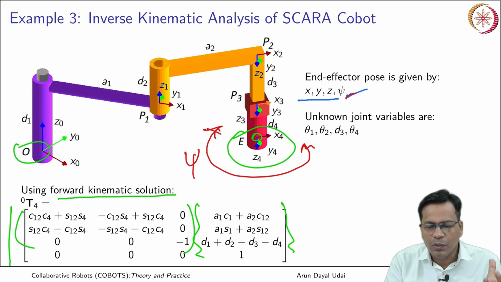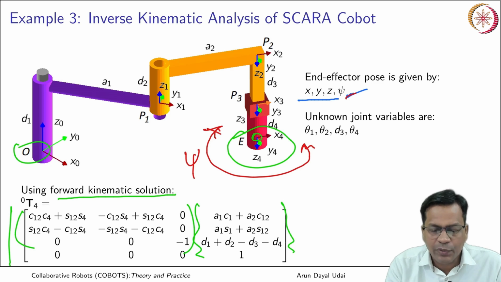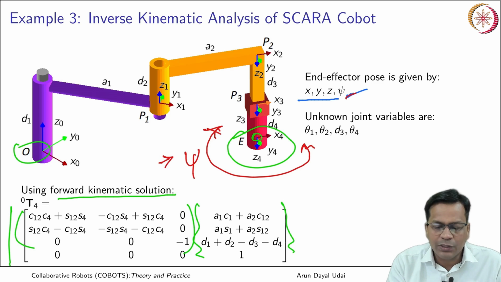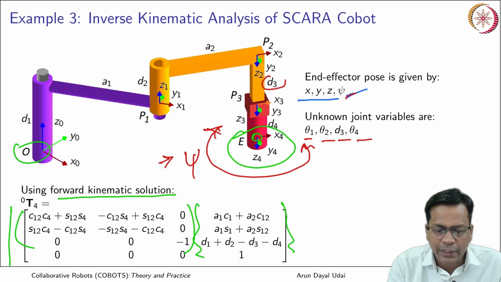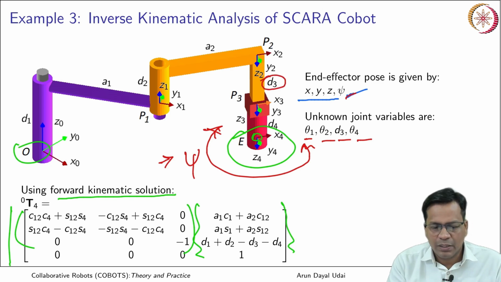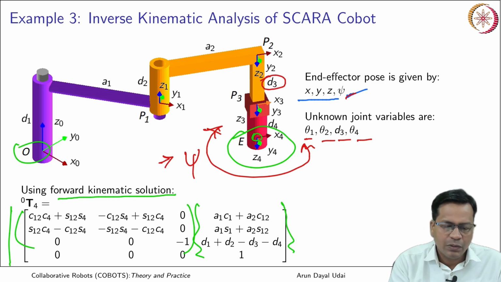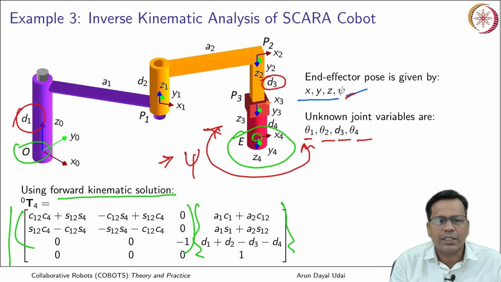Okay, so you have to give the complete configuration of this robot by mentioning the end effector position and the angle psi. What is to be obtained is the joint variables, that is theta 1, theta 2, d3 and theta 4. In case of this robot, the one which is shown here, d3 is over here, this is the prismatic joint. But in case of the other SCARA, that is the Dobot, you have d1 which is variable, equally good, both are vertical axis, so you have only one vertical displacement.